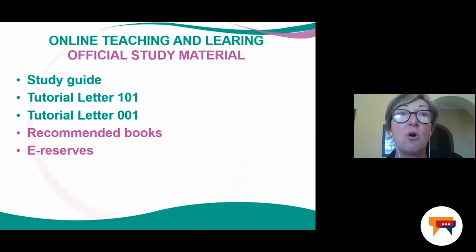All the tools are organized alphabetically, but only then will you find online teaching and learning, and that's where you can access and download your official study material from. We don't have a prescribed book for LSP 1501, there's just a study guide that you need to download.